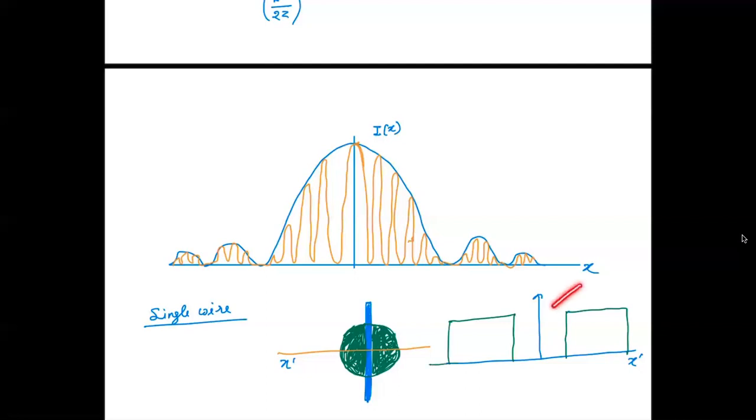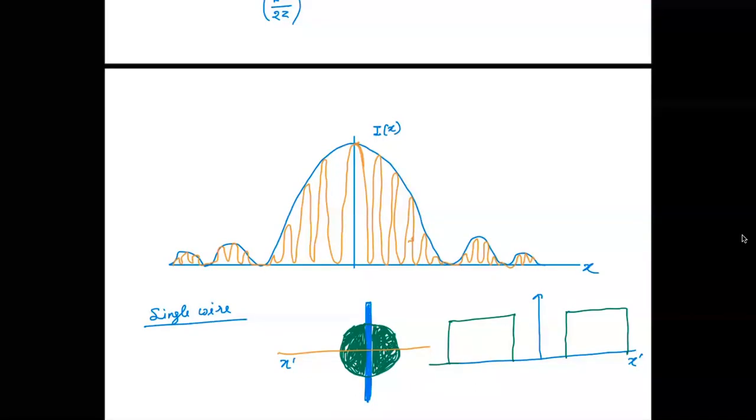So nothing goes in this range. This is transparent region, which is this. This is transparent region, which is this. And again, nothing goes here because there's no laser light, right? So you have transmission in this region, this region, otherwise it is 0. So it is essentially a double slit. That's what I'm trying to say. A wire, if you're using helium neon laser or a laser with a small beam size, then this will act just like a double slit.